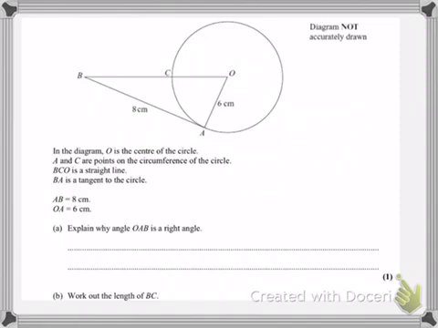Okay, we've got a tangent meeting the radius, so we know we've got 90 degrees there, and we've got two sides of the rectangle. Now, the first part is explain why OAB is a right angle. Well, it's a right angle because tangents and radius always meet at a right angle, so you just put in the rule there. And now work out the length BC. Now, to work out the length BC,